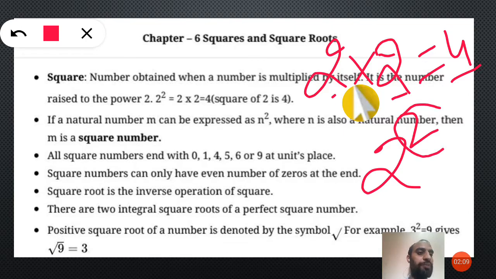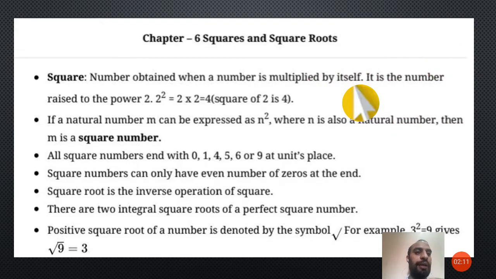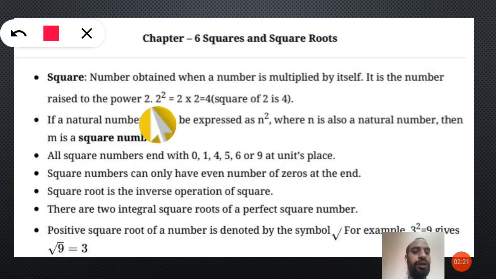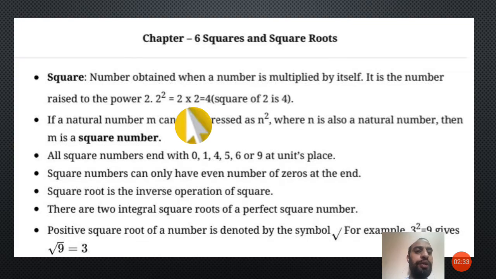This power is very important. So let's see the definition. It is the number raised to the power 2. I told you this: whenever we are doing square, the power of the given number becomes 2. Next, how to write? An example is given to you. This is the example: 2 into 2, 2 times 2 is 4. So 4 would be the answer, and you can write it in the form of 2 raised to power 2.